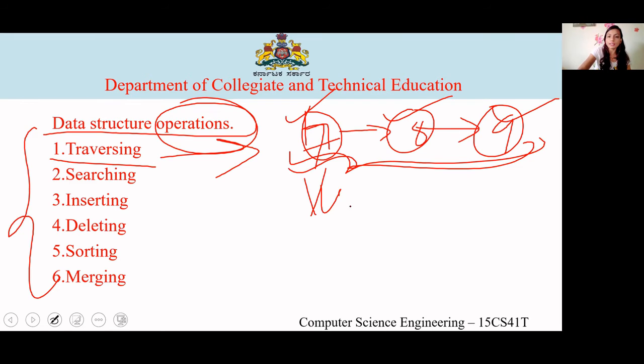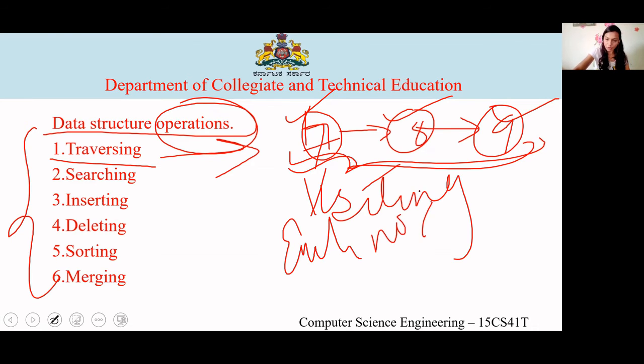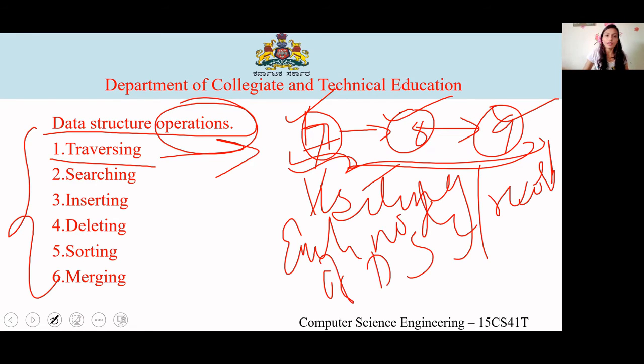That is visiting each node, or each record, or data structure. Okay, that is known as traversing. Next is